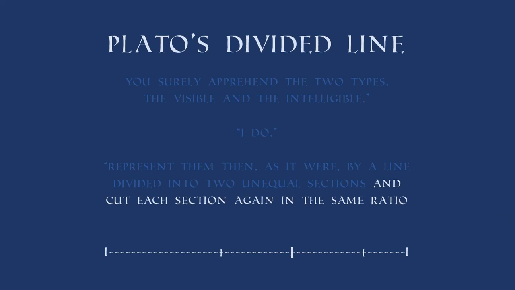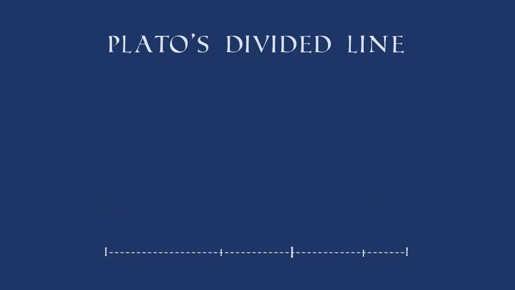What Socrates is doing when he's mentioning this is he's using this as a visible analogy for the philosophy that is associated with Plato and Socrates. This idea that there are these two aspects, these two things that we experience as humans. There's the visible world that we experience through the senses, and then there's the intelligible world, which relates more really to the unchanging and what we can know through the intellect.